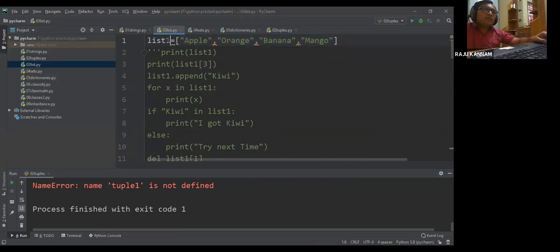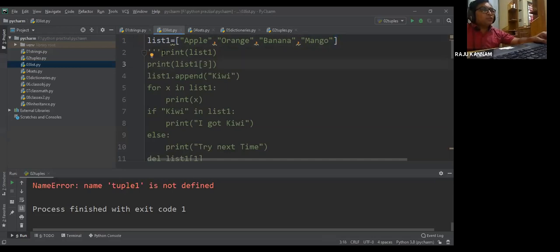The name of the list is list1. Remember, for creating the list you should use this bracket. For tuple you can use normal brackets, and for list we should use the square bracket.